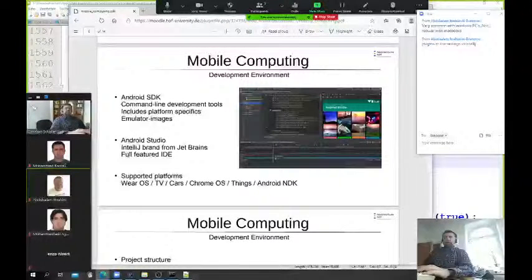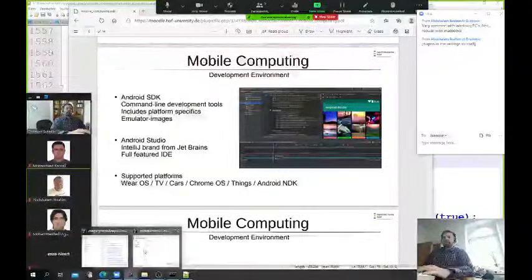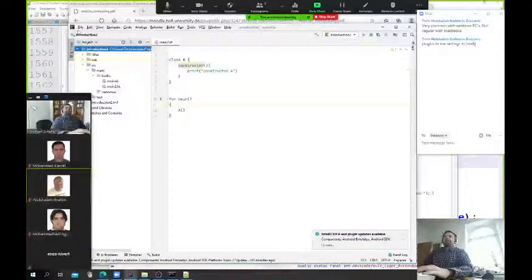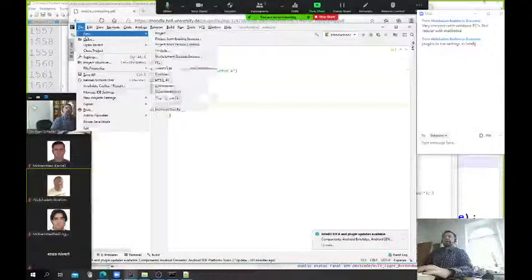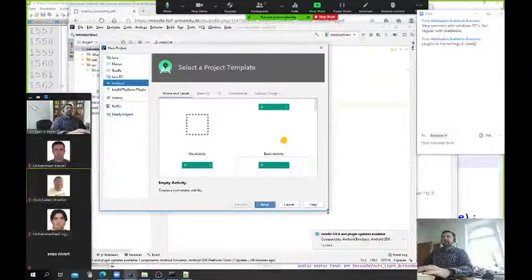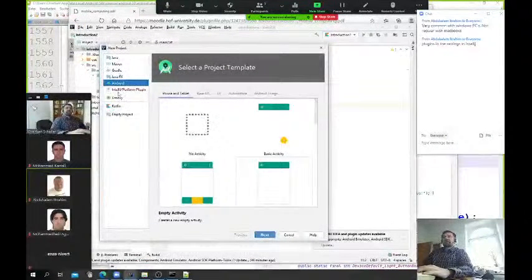The next is the Android Studio, and I don't use it this time. I'm using the IntelliJ Community Edition, and now we go into our projects. If I want to do an Android project, I take my IntelliJ and say I want to have a new project, and then I can select the platform I want to program for, and here in this case I choose Android,